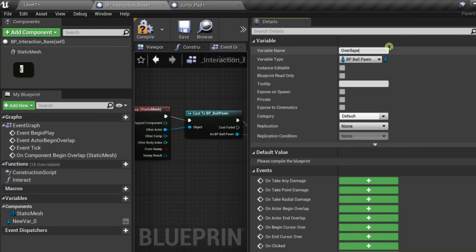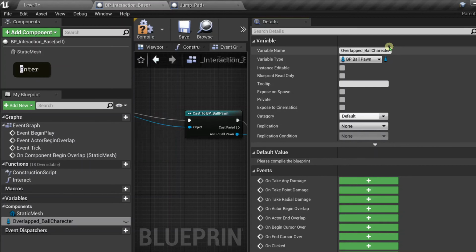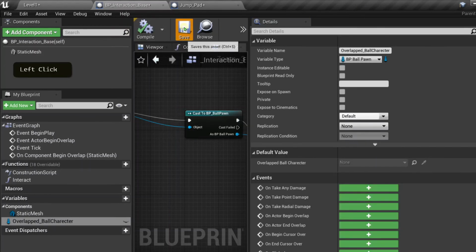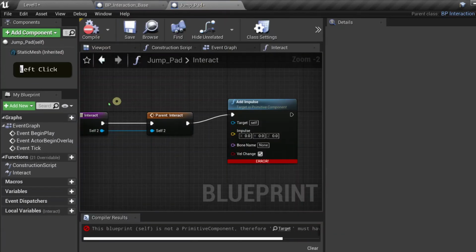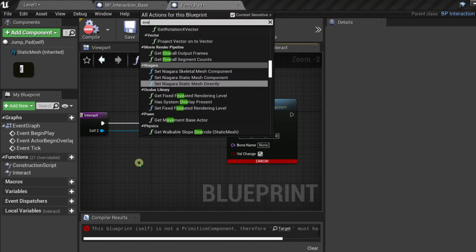So I can name this variable in here, and I can call this variable overlapped ball character. There we go. Compile this. Okay, so it compiles for this. And now if I were to right click in here,